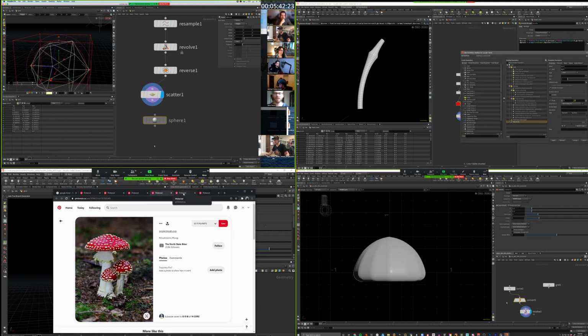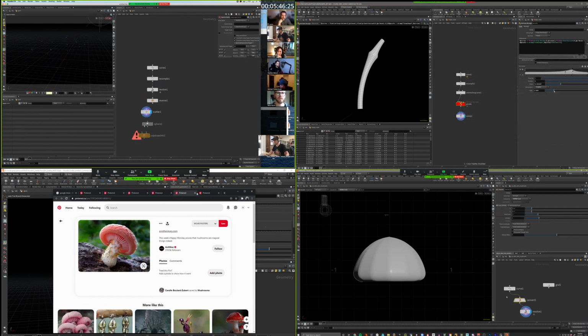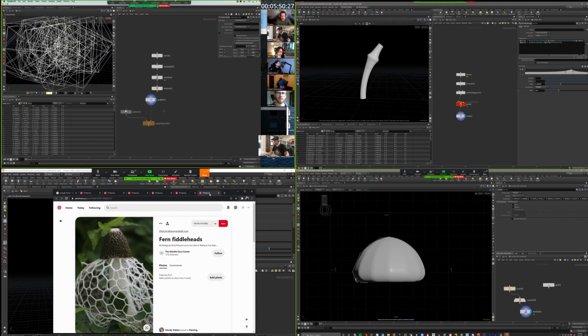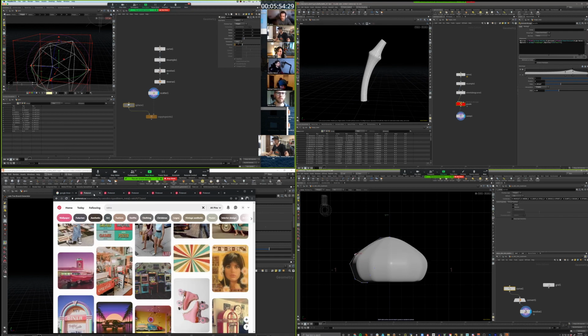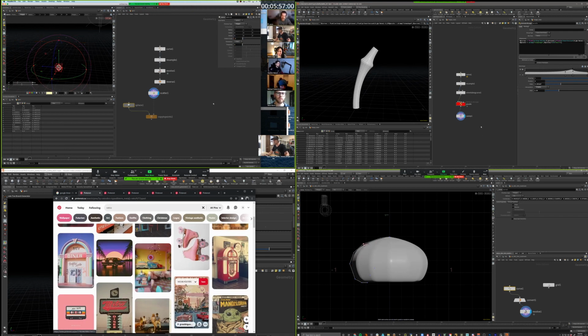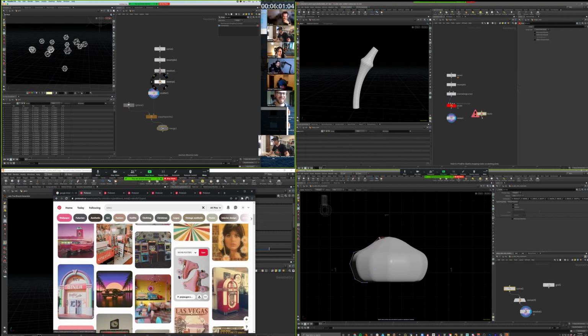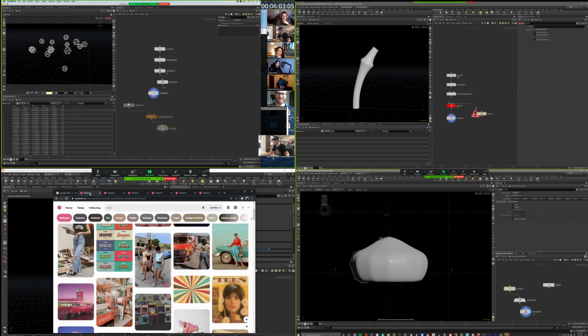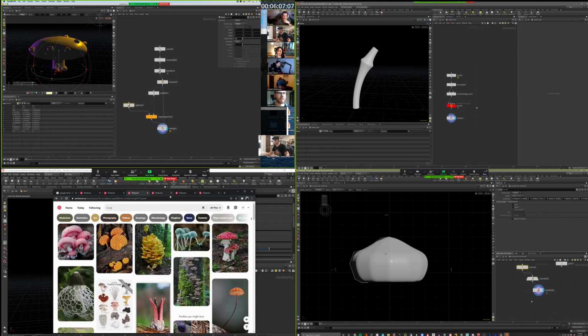Okay, so Pinterest being used once again as a source of reference. So that's cool. You can kind of see what people have pinned. And it's fun because I think we're starting to get to the point where when you see a reference, you're not sure if it's a photo or if it's a render somebody has already done on the same topic. It's getting to that level. I haven't seen that many fungi around us these days, but